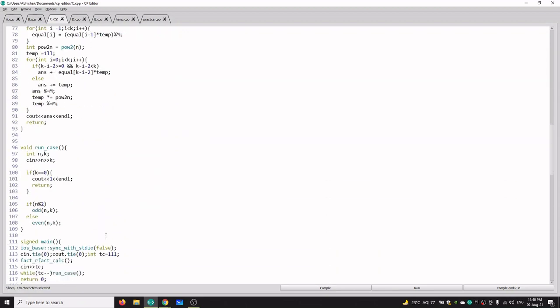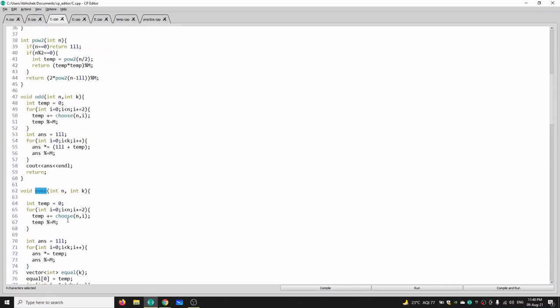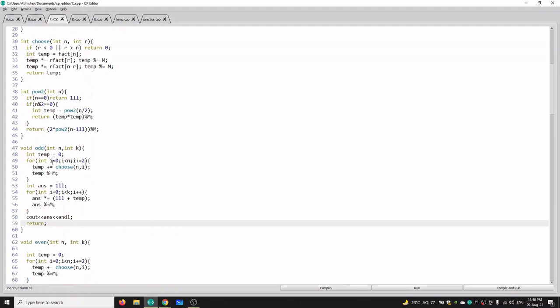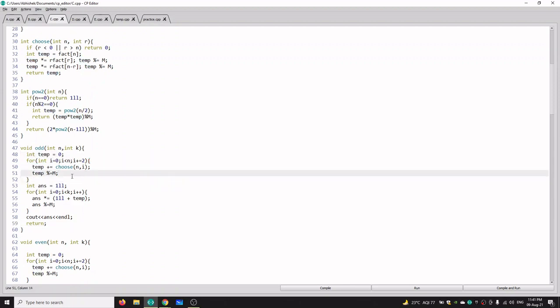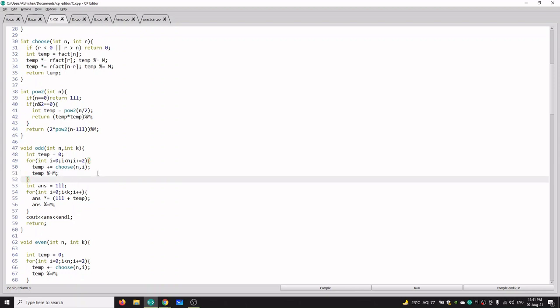First of all, we are taking the input as n and k, and if k is equal to 0, we print 1, which is one of our edge cases. And if n is odd, then we have a different method for odd and a different method for even. So for odd, temp stores the number of ways in which we can choose an even number of 1s.